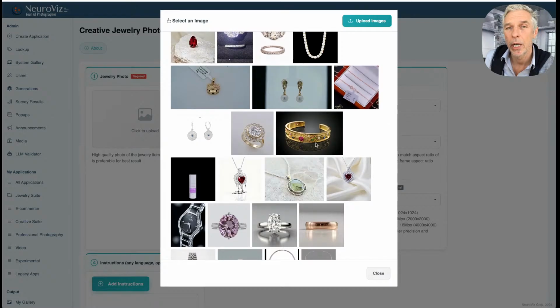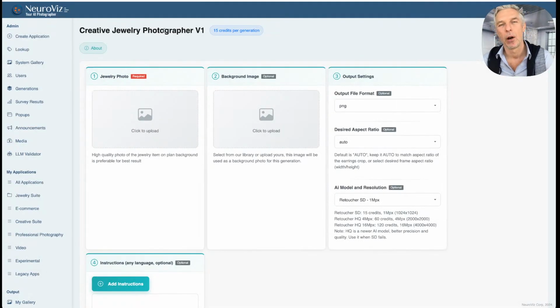Creative photographer works really well with retouched images. It can do retouching, but not much. It wasn't trained for that. People sometimes try to process bad images on a nice background. It kind of does it, but for the best result, I'll show you how to get the most out of